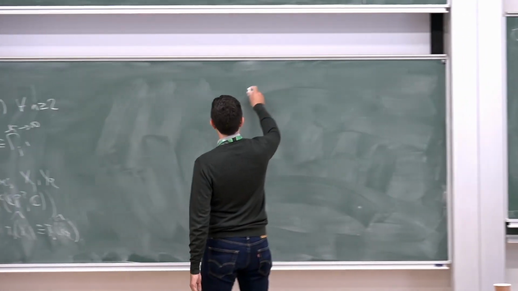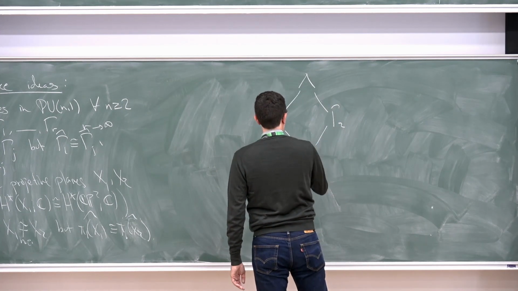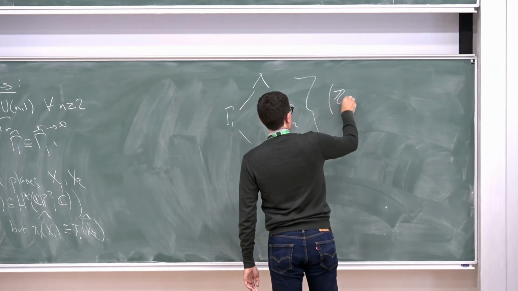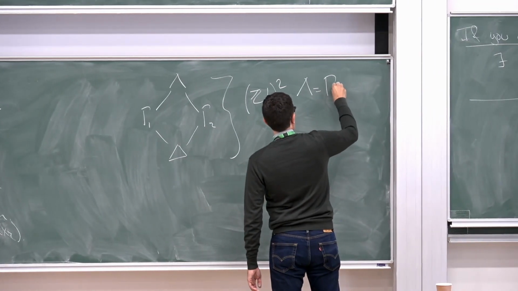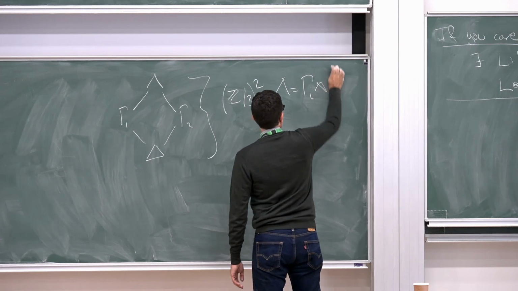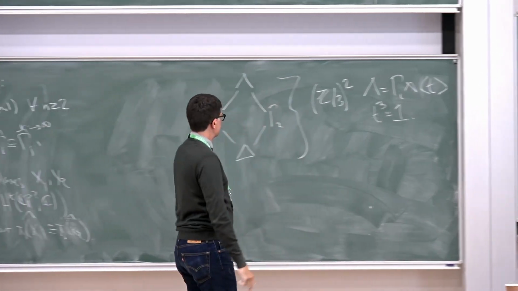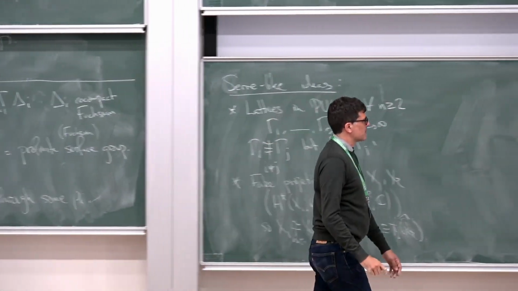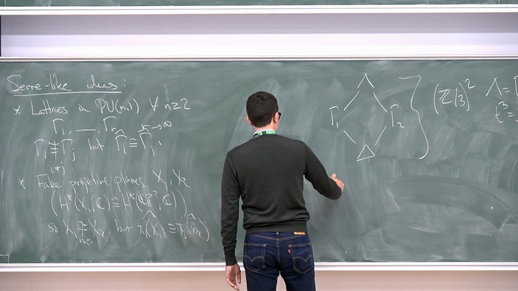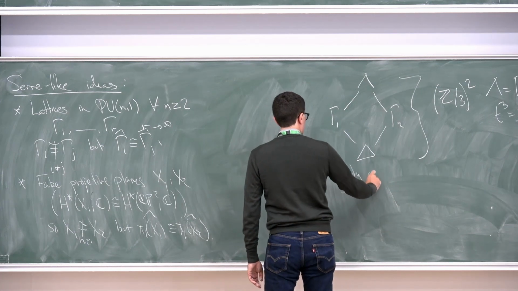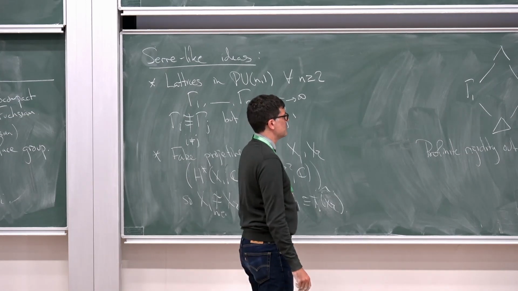You can actually find these in a sort of diamond, where this is a Z mod 3 squared quotient. And in fact, this lambda can be written as a semi-direct product with some torsion element. So you can find these examples. Okay, so profinite rigidity is out. But there's some remarkably simple things that I don't know how to do.